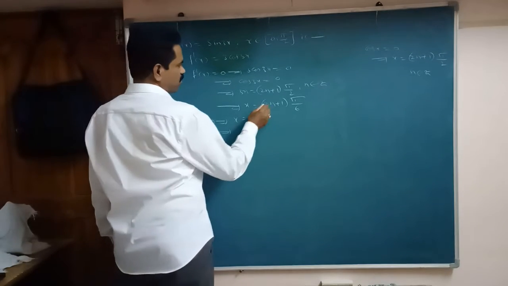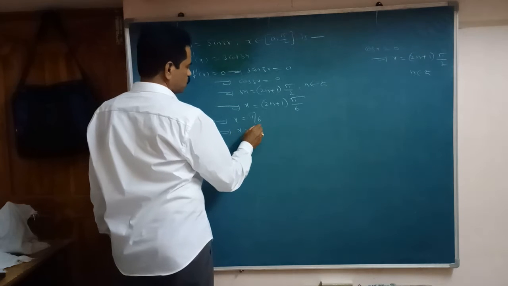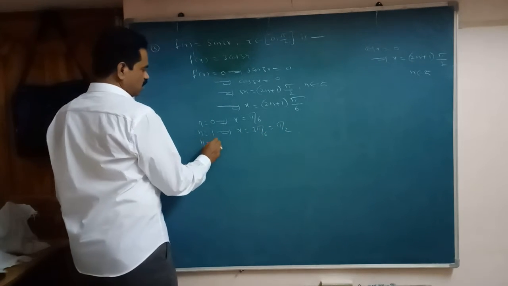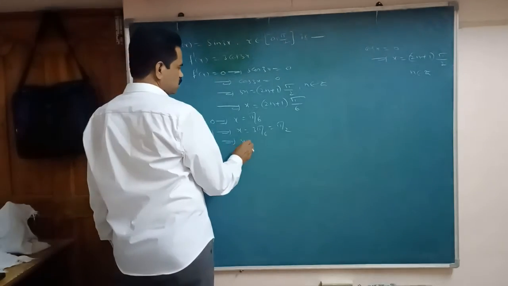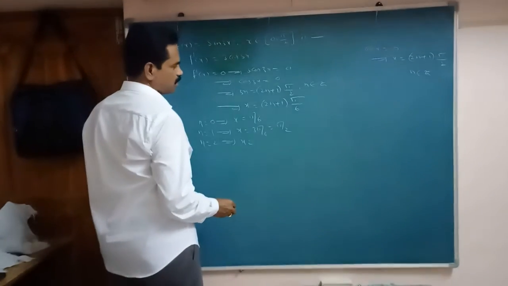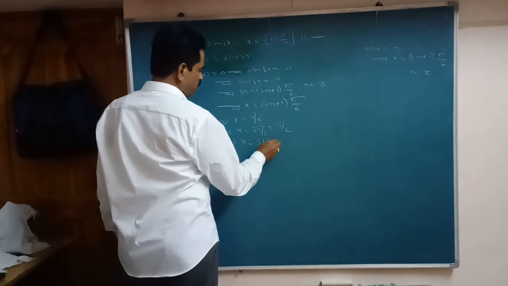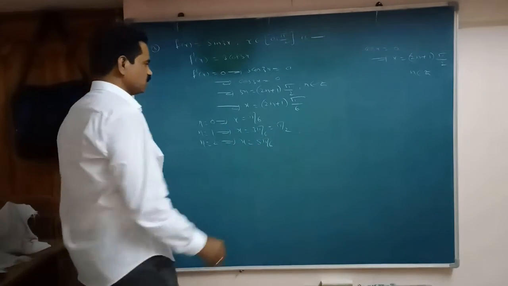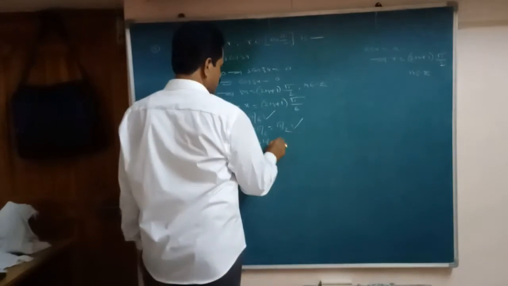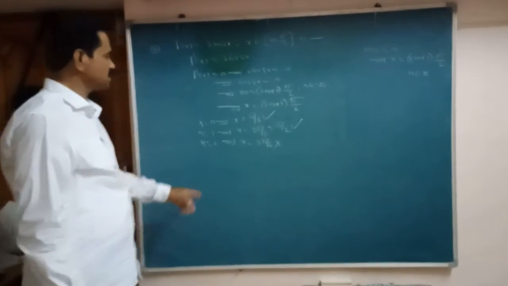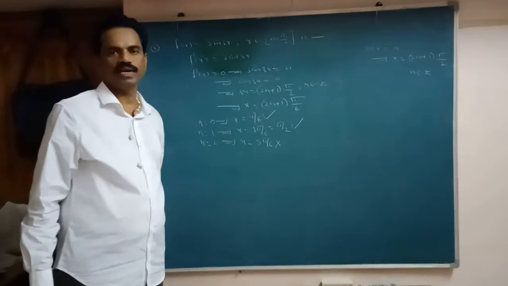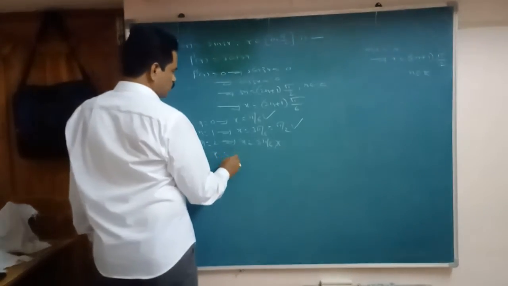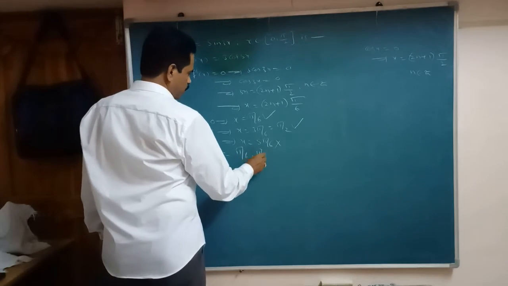Next n equal to 1 you take here. So it is how much here? x equal to 3 pi by 6, that is pi by 2. Next n equal to 2 you take, that is x equal to 5 pi by 6. So only these two values you take here, because 5 pi by 6 is more than 90 degrees. So what are the values here? x equal to pi by 6, pi by 2.